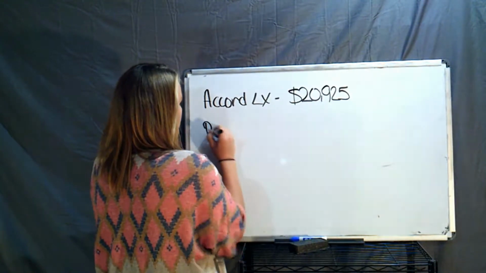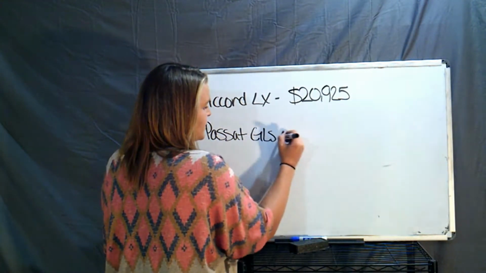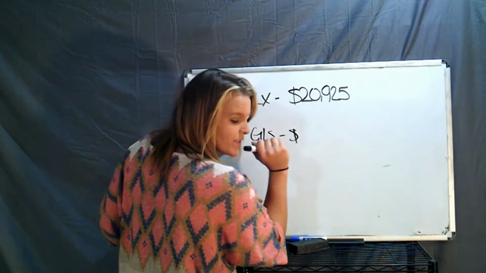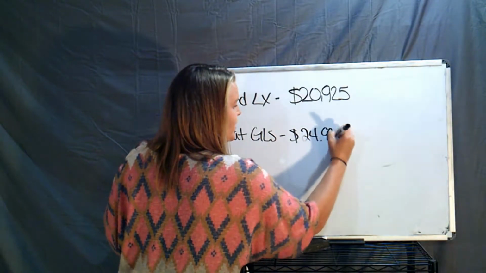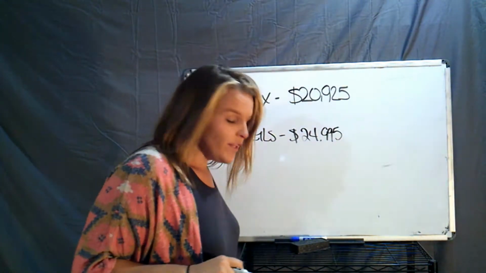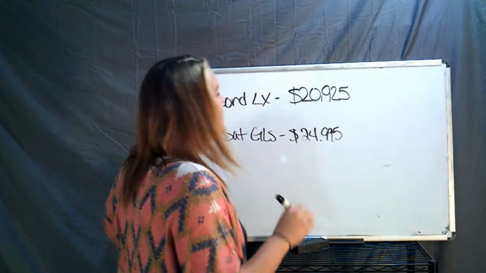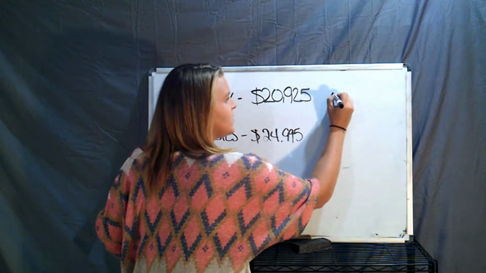And the Passat GLS, the retail value of that car is $24,995. And the annual depreciation of both of them, for the Accord, it goes down